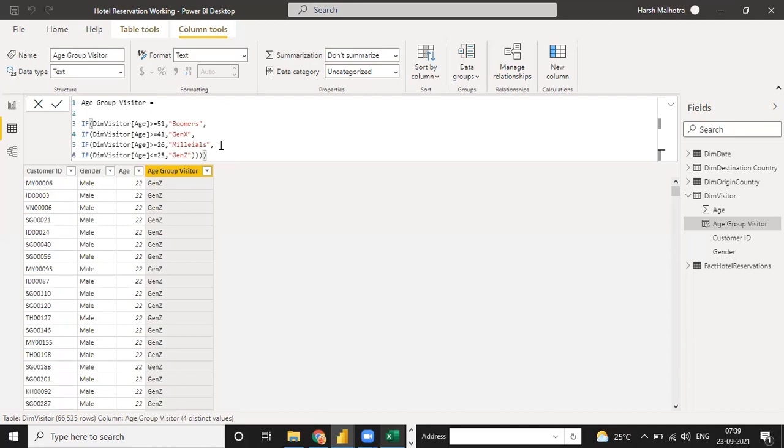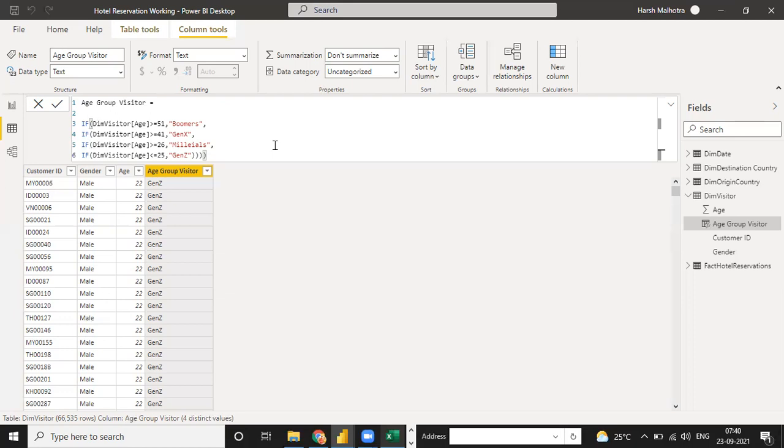So any doubt till now in this function? If you don't have doubt, then I have one question from this example. First, go through this example, this function which I wrote, and tell me if you have any doubt. If you don't have any doubt, then I will ask you a question. Yeah, tell me. Actually, in the condition, we have written dimension visitor age greater than or equal to 51. And the next one is greater than or equal to 41. So if we have greater than or equal to 41, from 41 up to whatever the highest value is, it will display Gen X. So it will not display Boomers for 51, right, sir?